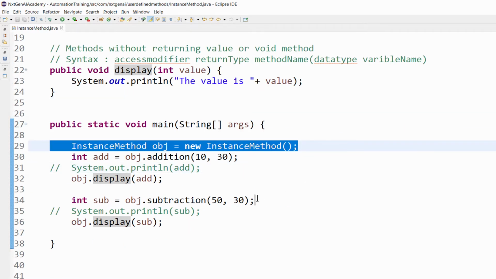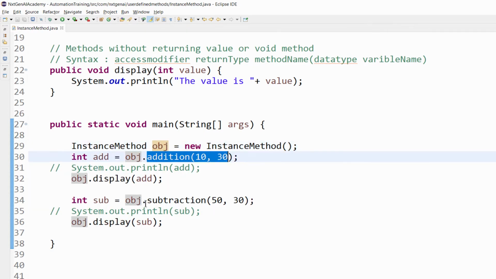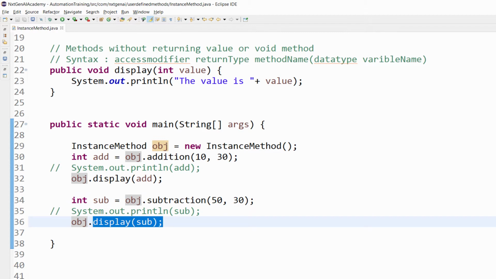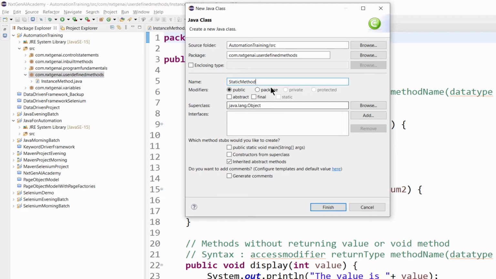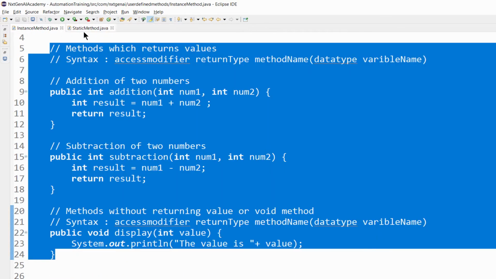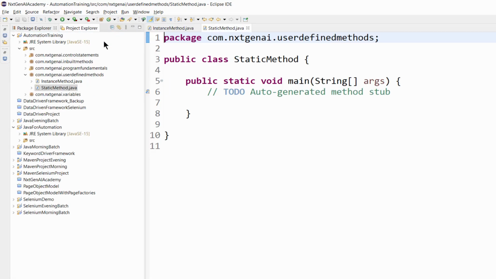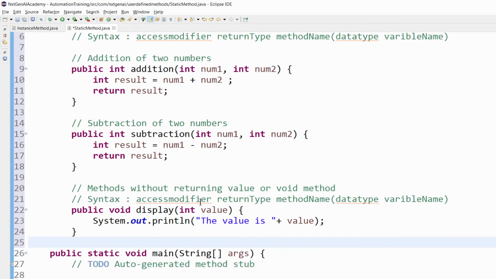Since it's an instance method, we have to create the object instance, then through that object we call the respective methods. Same way, let's create a class StaticMethod under the user defined package with public static void main. I'm going to copy paste the previous instance method code and implement the static method concept.